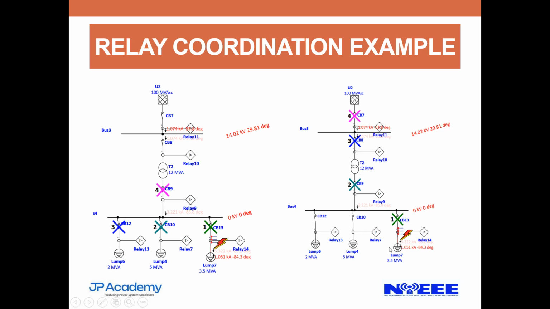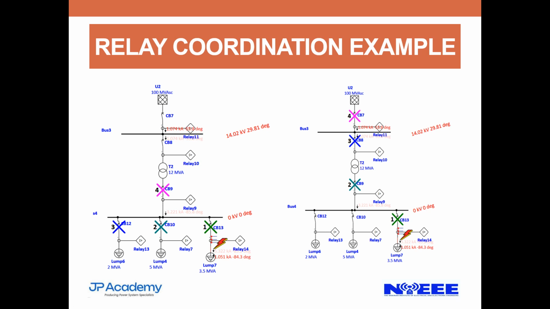The fault is still at the same location. This trips, ignores this, and this trips. Once this trips, it is isolating everything here. So we have isolated this part. Remember, there's no fault here. This is where the fault is. So we are automatically isolating this part for a fault at this point. So between these two, which is the right sequence and why? Any idea?